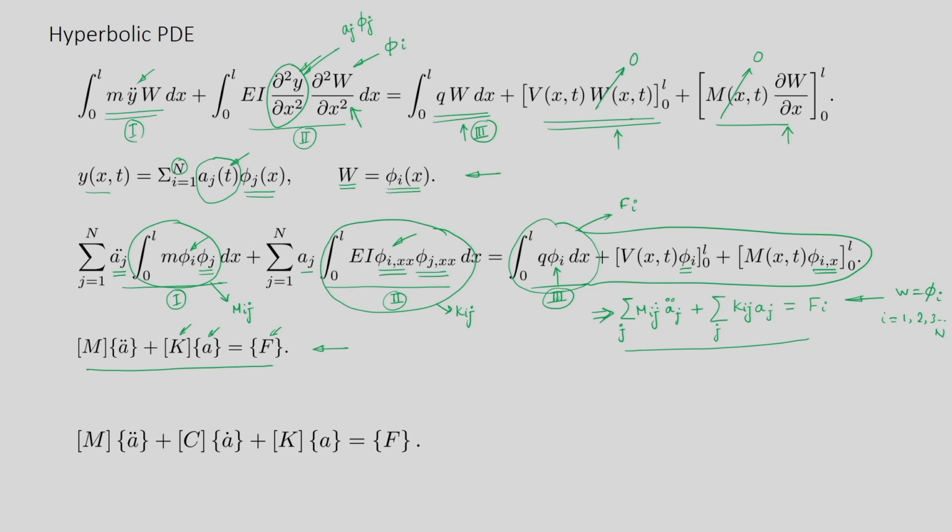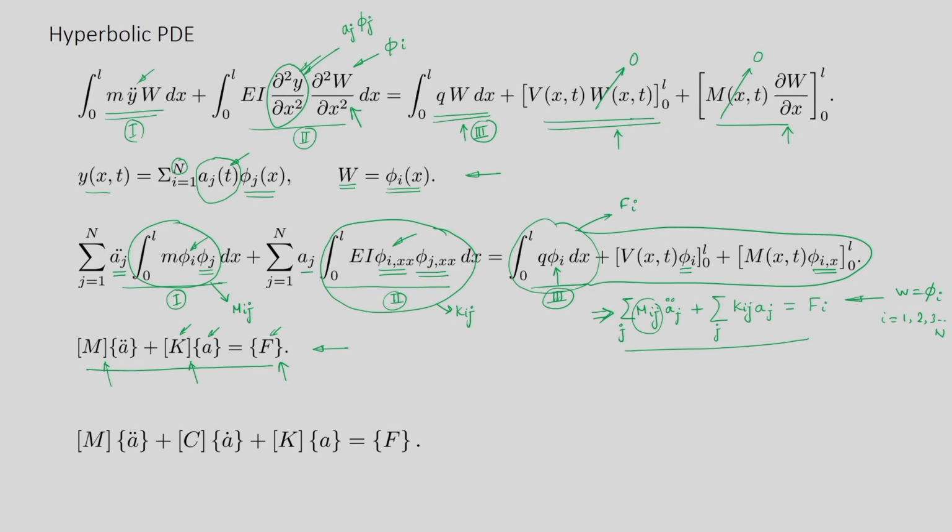And as you see, each of these Mij's, where I and j are going from 1 to n, that's why this M matrix is of size n by n, K is also n by n, and f is of size n by 1. So now this is the semi discrete form we got while undergoing the spatial discretization. So now you see we have obtained a set of second order ordinary differential equations.